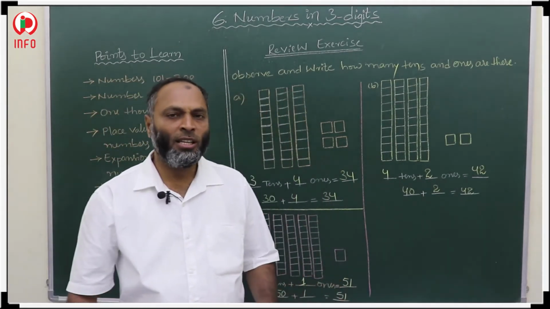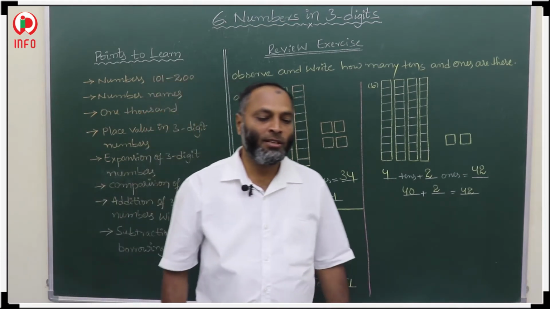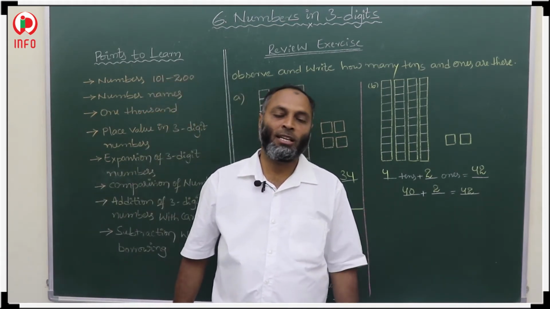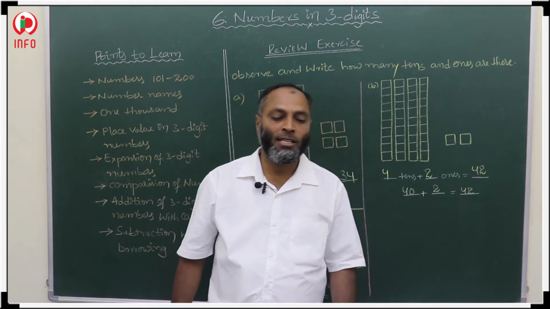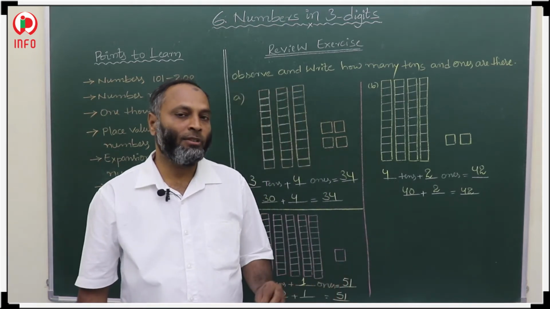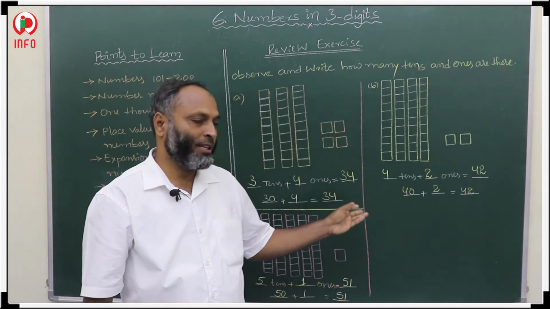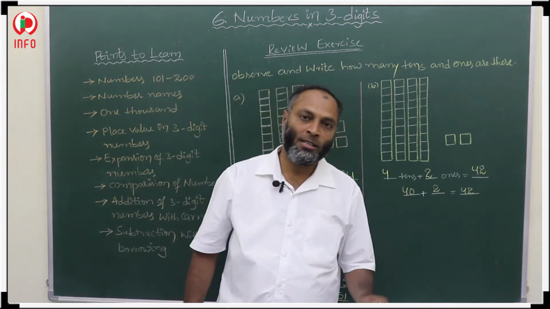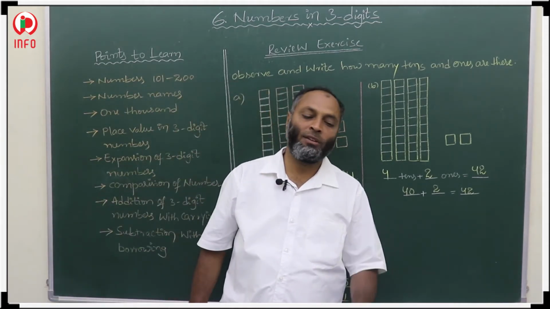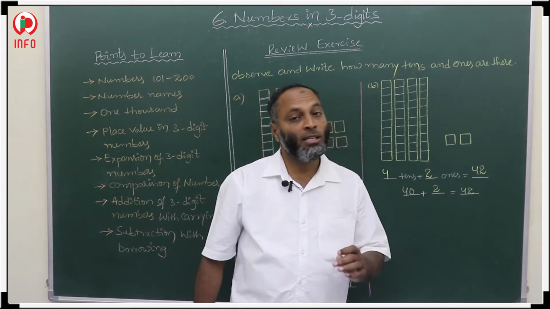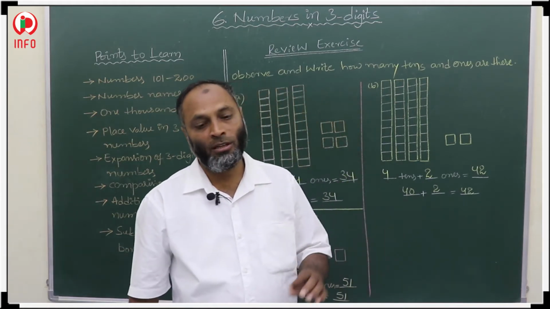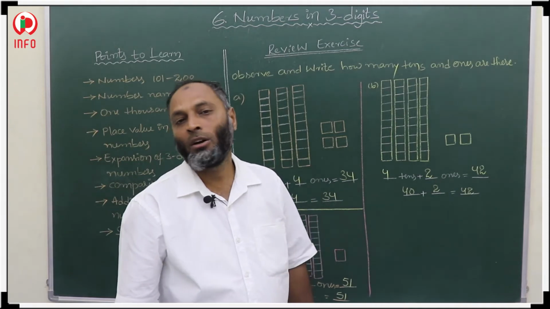Okay. In the next question, a similar question is given. In that similar question, 6 bars are given. That is 6 tens and 5 ones. 6 tens and 5 ones is given. That is 65. So that is 60 plus 5. 65 is the answer. Next one. This next question is a similar question that you have to do as your home assignment.